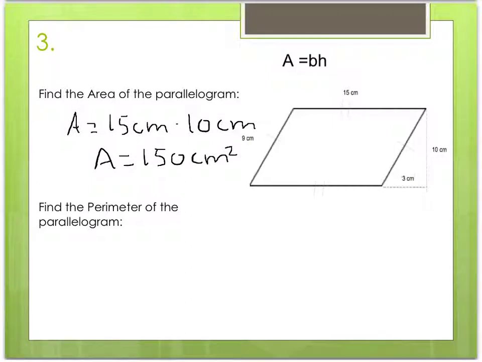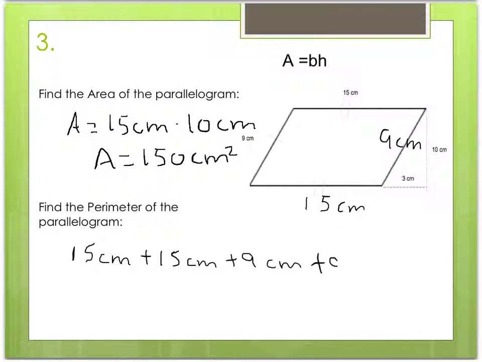And for the perimeter of the parallelogram, we are going to use the values 15 centimeters and 9 centimeters. Now these dashed lines located here indicate that it is the same value on the opposite side of the parallelogram. So this would be 15 centimeters and this would be 9 centimeters. So now we will add up our values. So 15 centimeters plus 15 centimeters plus 9 centimeters plus 9 centimeters gives us a perimeter equal to